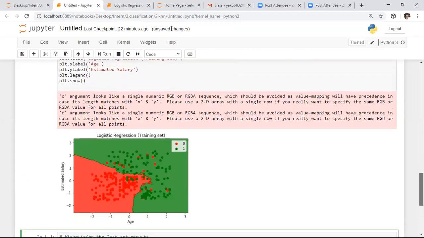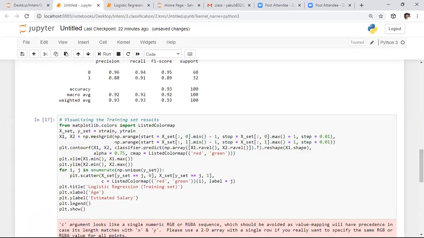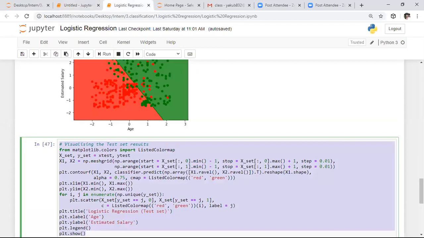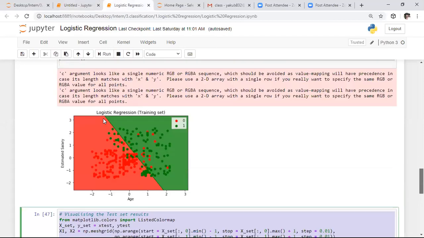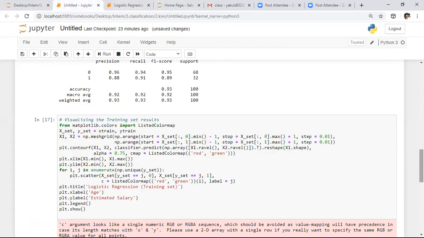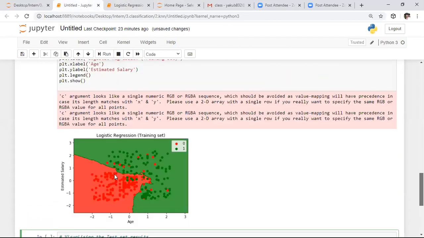So previously, if you observe the same graph for logistic regression, here you are getting the classification line as a linear line. So if your data points are linear, then it is better to go with the logistic regression model. It is a linear model only. That means it belongs to the linear model family only. In the linear model family itself, we have the logistic regression classifier. Whereas coming to this model, here we have a curved boundary. If you observe this classification boundary, we have somewhat of a curve.